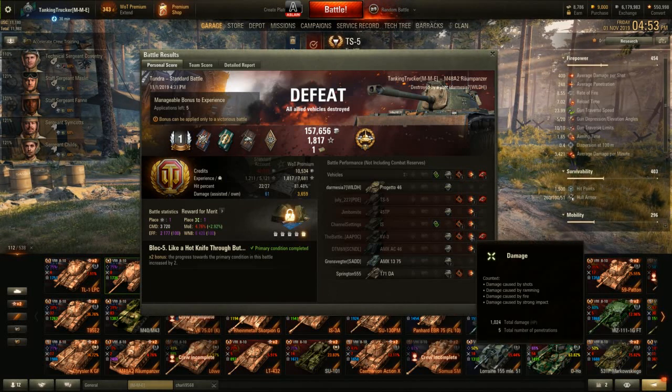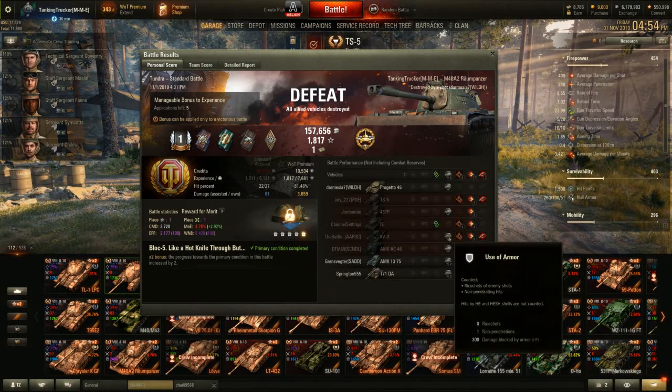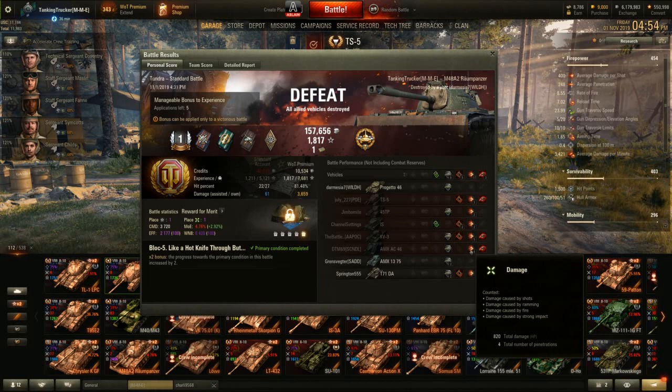KV3, we put 5 shots into him for 1,024. Finished him off. Knocked out his track, bounced one of his rounds for 300. So he didn't have the big gun then, because the big gun on that does 390 average damage. So he had like the small 122 or the 122, or